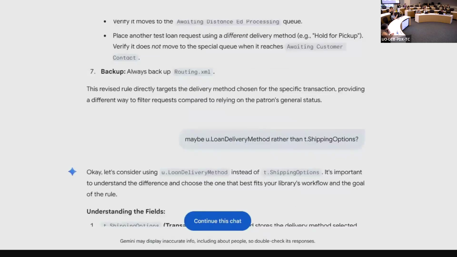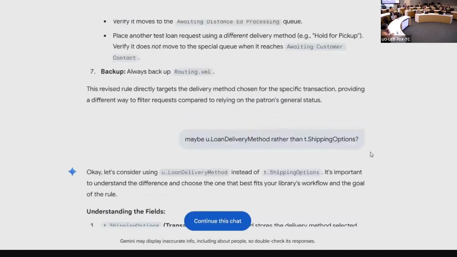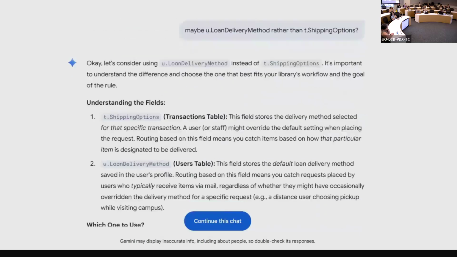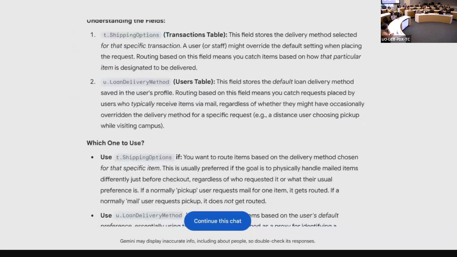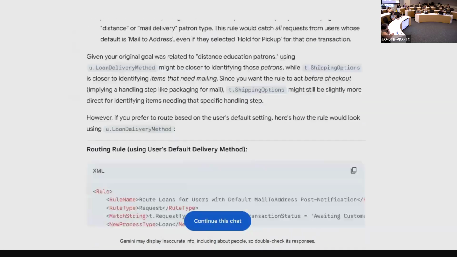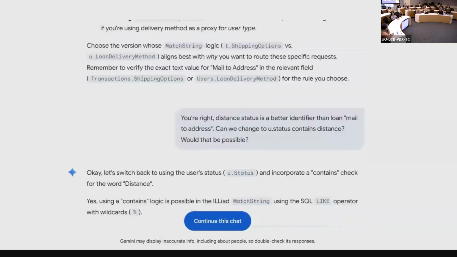And then I provided another suggestion, maybe loan delivery method rather than transaction shipping options. And it gives an explanation about why that might not be the best one to use. That was actually very helpful. And we decided that distance status is a better identifier than mailed address.